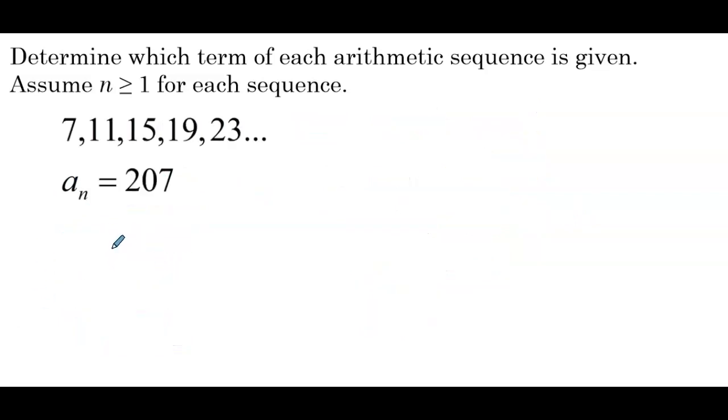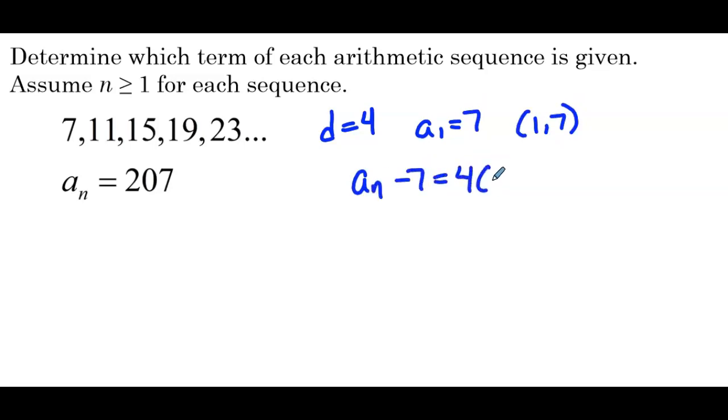Same directions. Our sequence now is 7, 11, 15, 19, 23, continuing on. And they want to know what term is the 207, right? Is it the 50th term? Is it the 500th term? That's what we've got to figure out. Again, we'll start by writing the explicit formula. So the common difference here, we're adding 4 to go from one term to the next. The first term is 7, so we can write that as the point 1, 7. So the explicit formula is a sub n minus 7 equals 4 times n minus 1. So a sub n equals 7 plus 4 times n minus 1,